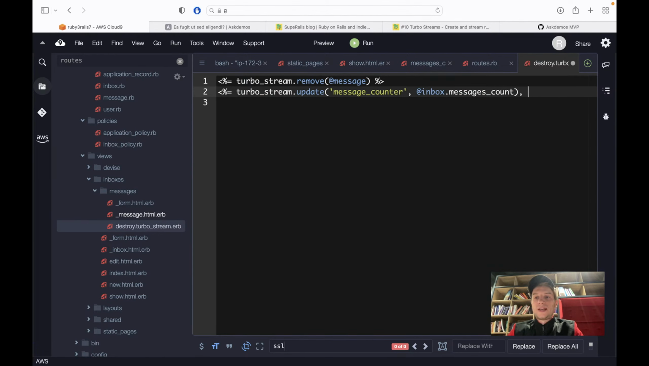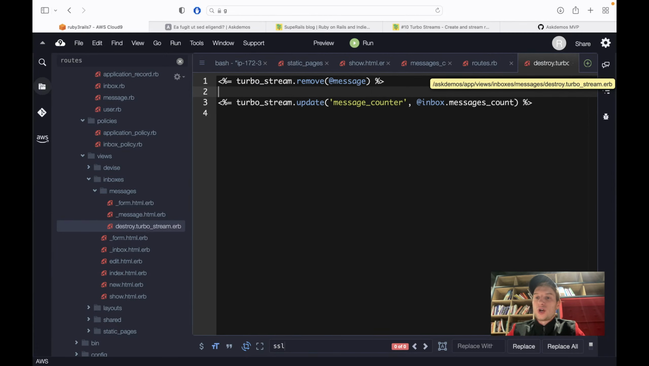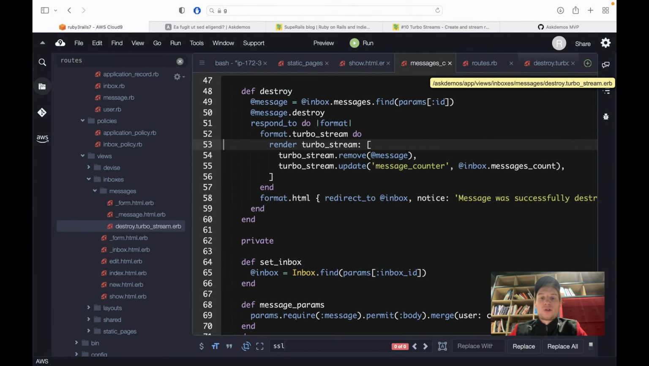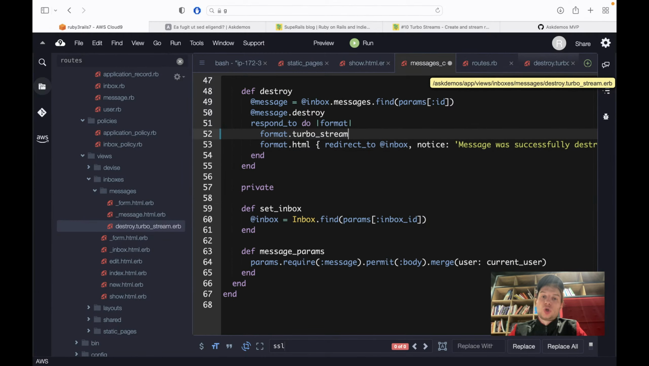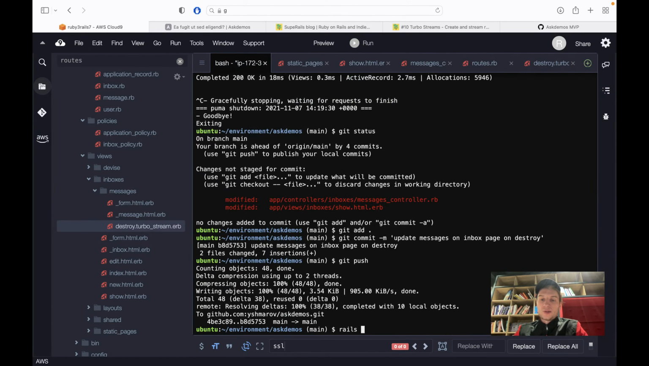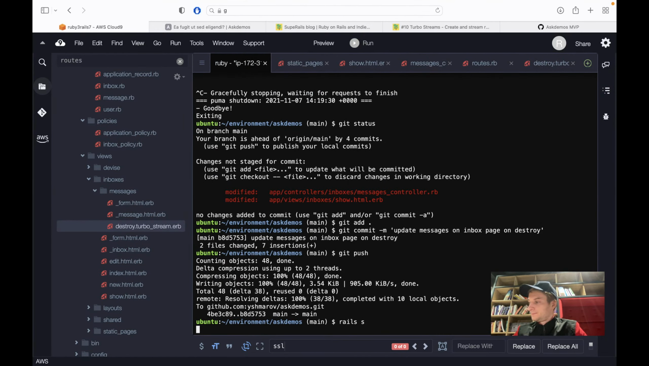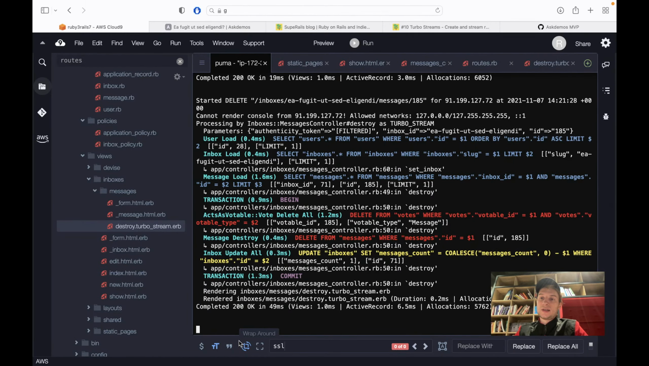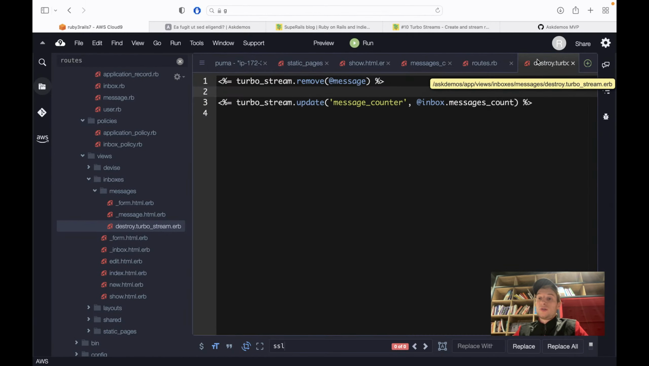So this is in a turbo_stream.erb template, and instead of rendering all this, we can just say format.turbo_stream. So format.turbo_stream should find a template named destroy.turbo_stream.erb. Let's see if it works. I will start the server once again. Okay, let me try to destroy a message. And it's working. So you see, we can use this template, destroy.turbo_stream.erb,